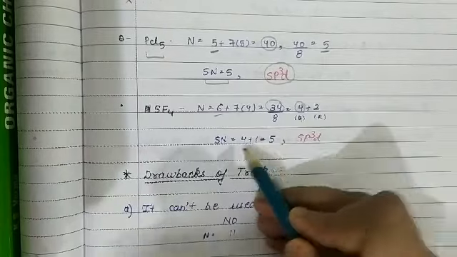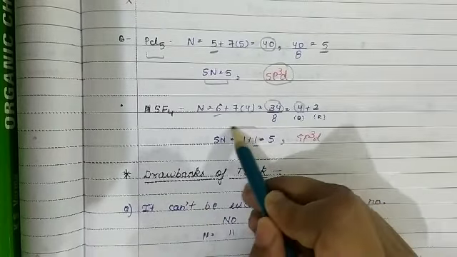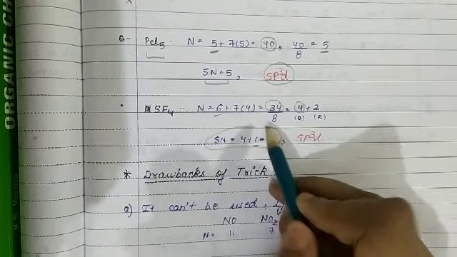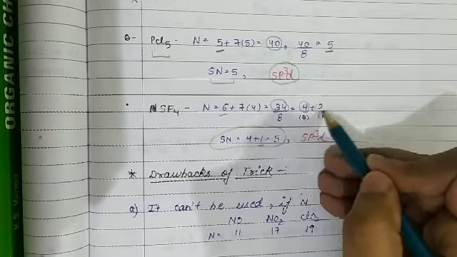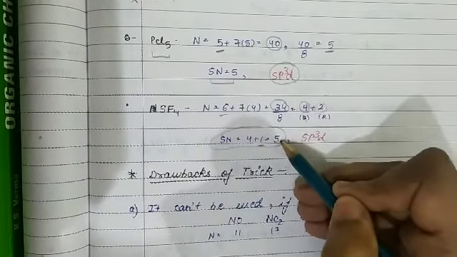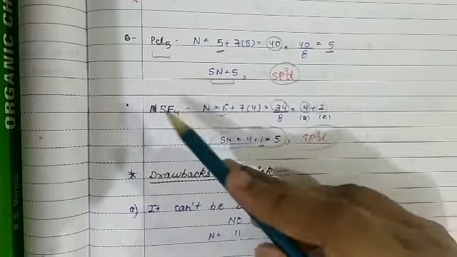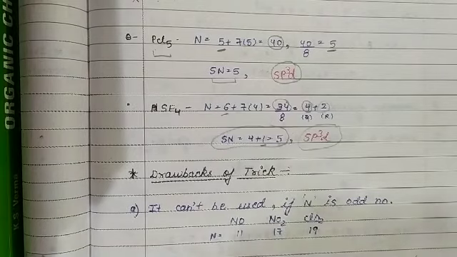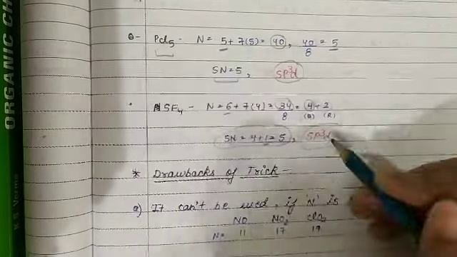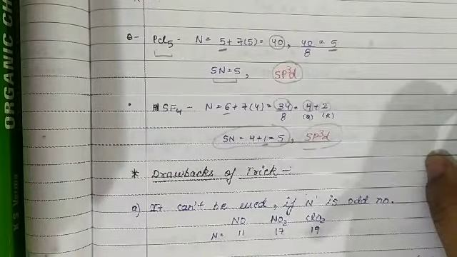So divide 2 by 2, that is 1. So steric number comes out 5. The remainder is divided by 2, so 2 by 2 is 1, steric number is 5. When a steric number is 5, hybridization is sp3d. This is the hybridization of the central atom. So hybridization is always defined for the central atom. This is the way we can calculate the hybridization by using the trick.